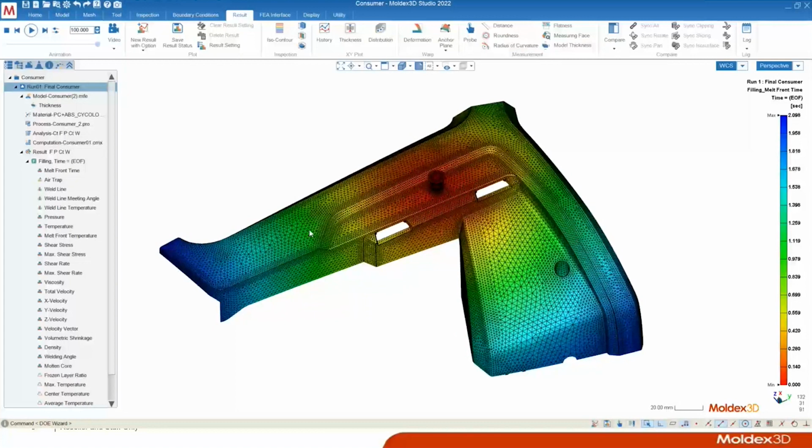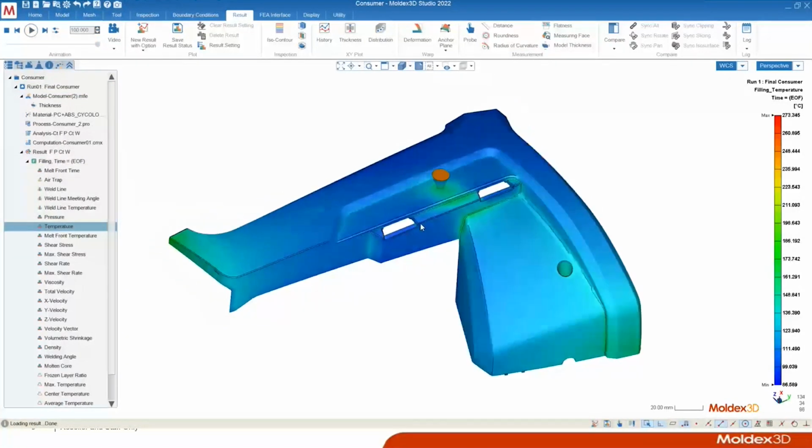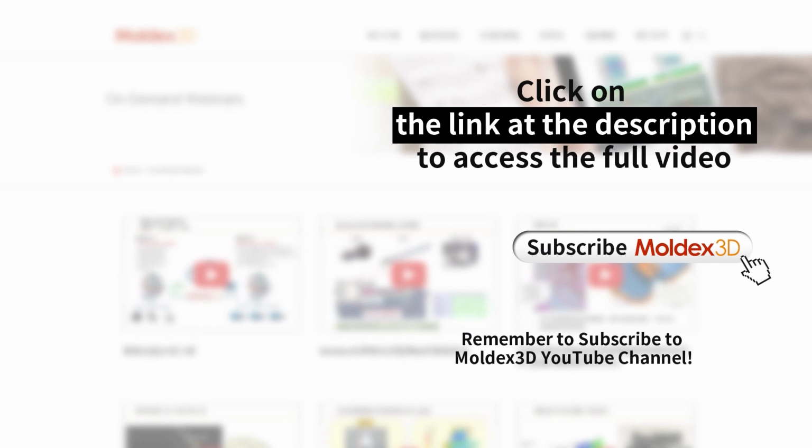Now, the reason we're using filling temperature is to get an idea of how the shear heating is impacting our final part. In an ideal world, in an optimized condition, the entire core, as we call it, or the center of our geometry is at the same temperature throughout the entire flow length. So that means that the temperature would be the same at the melt entrance as in the middle of my part as in the end of my part. But unfortunately, most of the time that